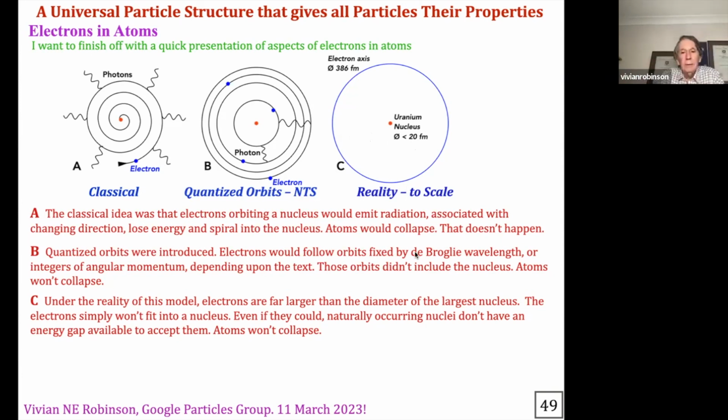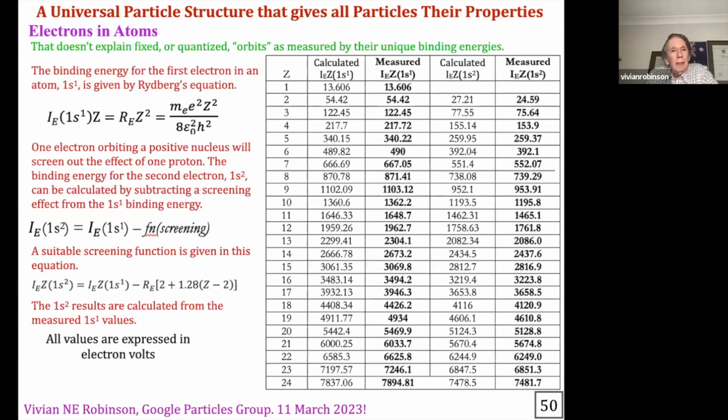And even if you could, naturally occurring protons don't have any gap to accept them, so atoms won't collapse. But that doesn't answer why electrons have fixed binding energies, which have been interpreted as quantized orbits. Well, obviously the 1s1 orbit binding energy is really well fixed. It's Rydberg's equation, and there's the calculated values, the measured values,